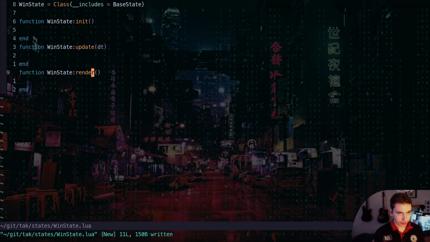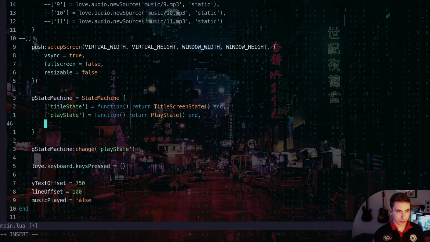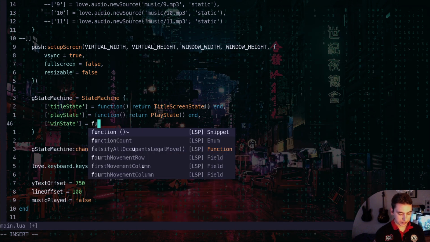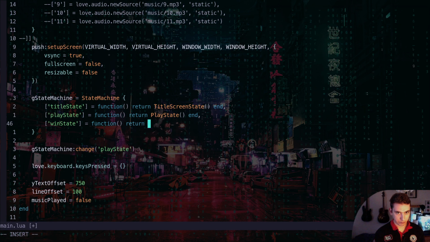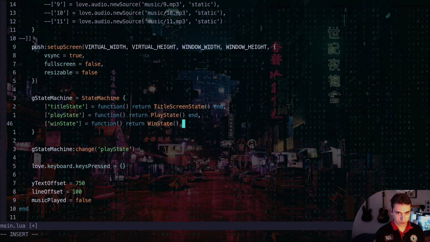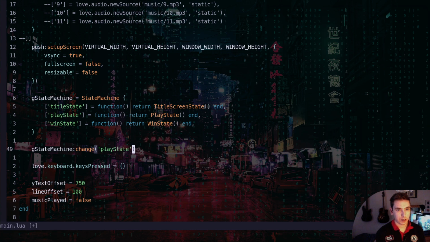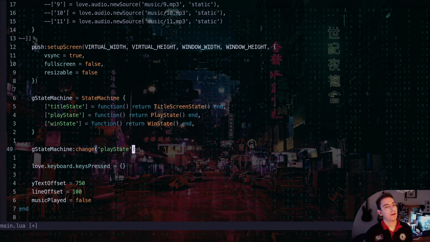Now we need to require this in our main. So we'll add a line right here. That'll be win state gets function, then return the actual base state. And then now we can do a state machine change, pass it in the string, and then actually change our state here. So now